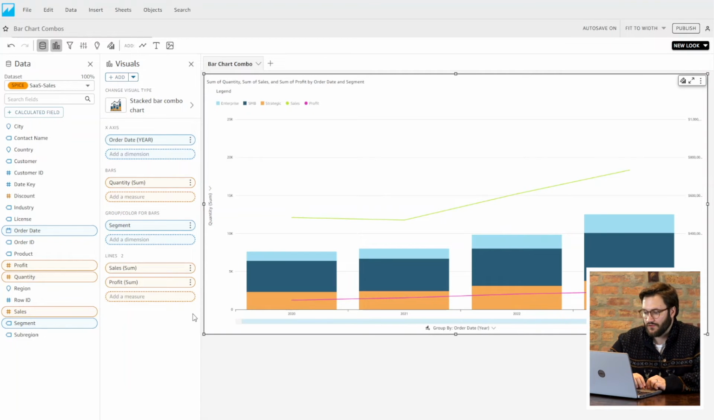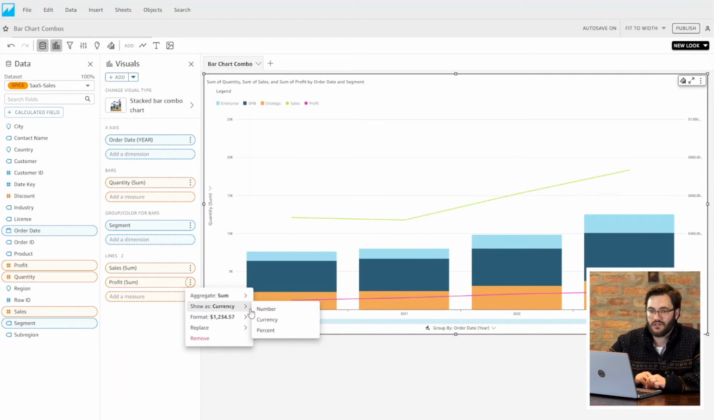So for example, here I have a bar chart combo that is grouped by business segment, and the x-axis shows years from our order date field. In the value field, well, we can make quantity of sales made. So now I can add 2 lines, one being the total sum of sales and the other being profit. I'm going to make sure to update those to currency in my field well so that it makes sense when